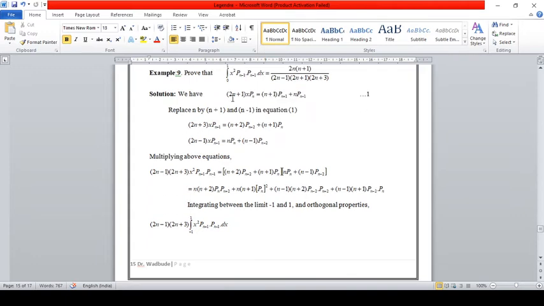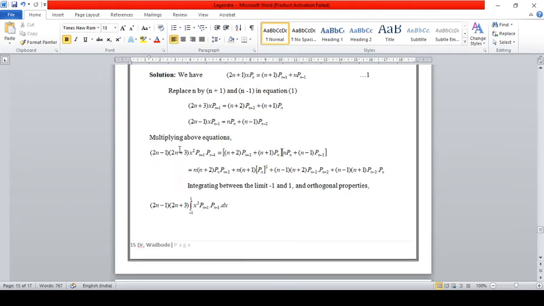This n is replaced by n plus 1, so we have here 2n plus 3 in this equation. And the second time, in place of n minus 1, we have 2n minus 1 x Pn minus 1 and this x Pn. Multiplying the above equations, first into first, the left hand side gives 2n minus 1, 2n plus 1 x